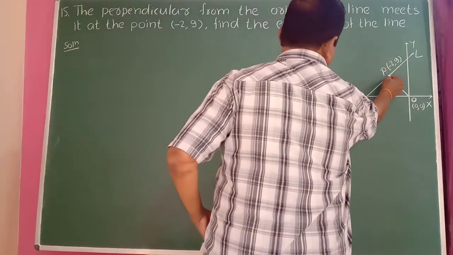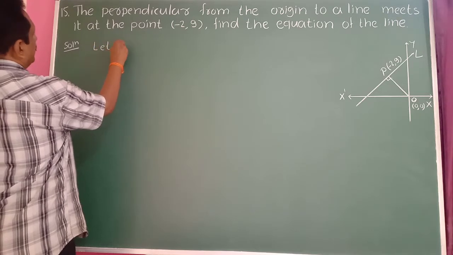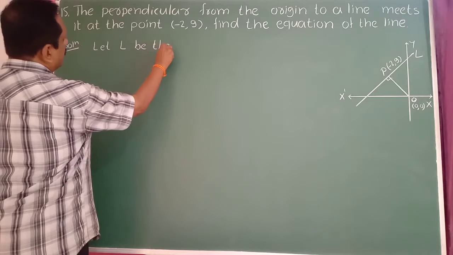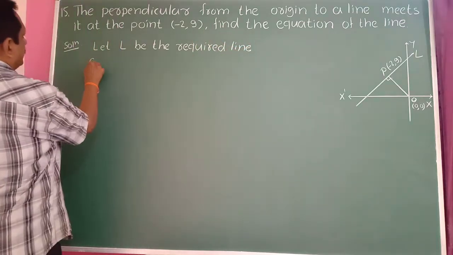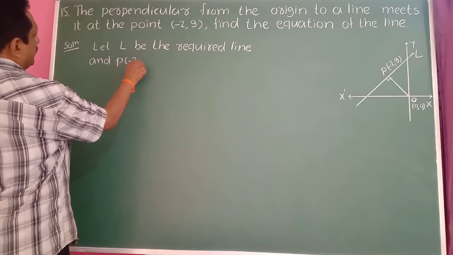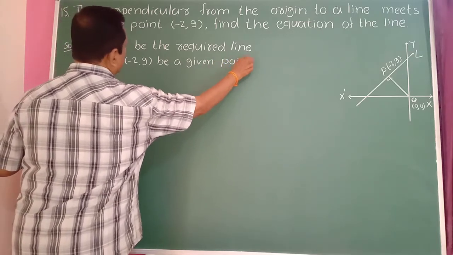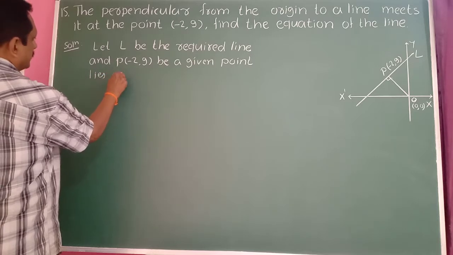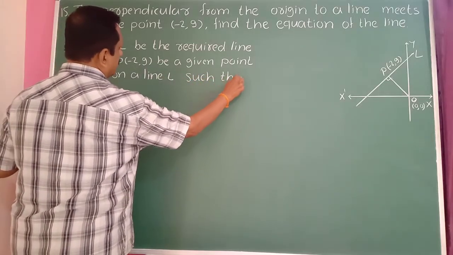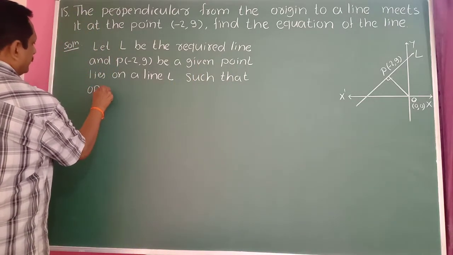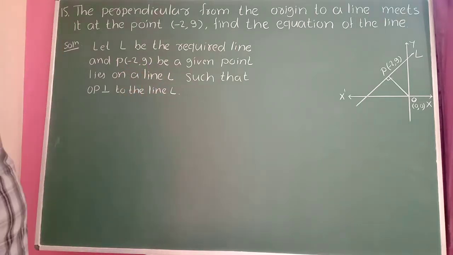This line passes through the given point, so we just need to find the slope of that line L. Therefore, let L be the required line and P(-2, 9) be a given point that lies on the line L, such that OP is perpendicular to the line L. Therefore, the slope of